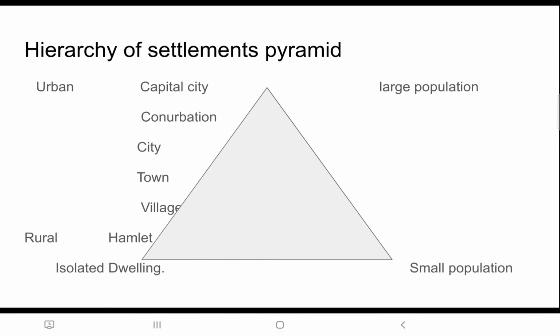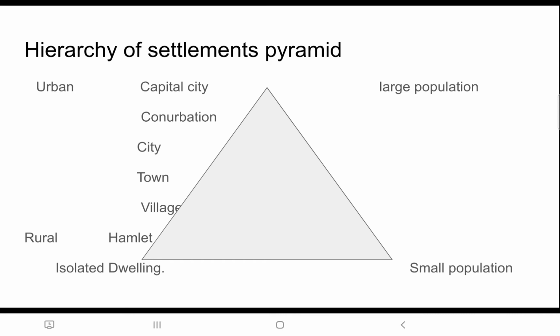And as we move up, we've got the hamlet and the village. So the isolated dwelling, the hamlet and the village are rural areas. As we go up, they have got larger populations, but there is less of them. So then we get to the town. Now, towns can be rural or towns can be urban. And then your urban places are your cities, your conurbations, and your capital city. So if we look at the capital city